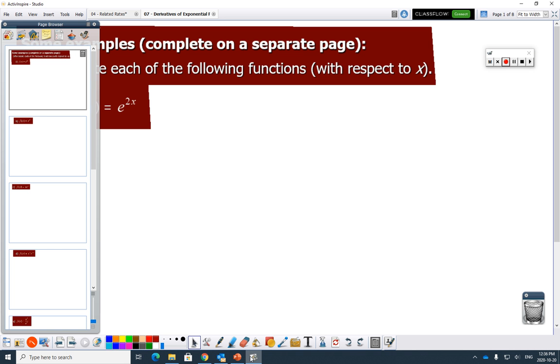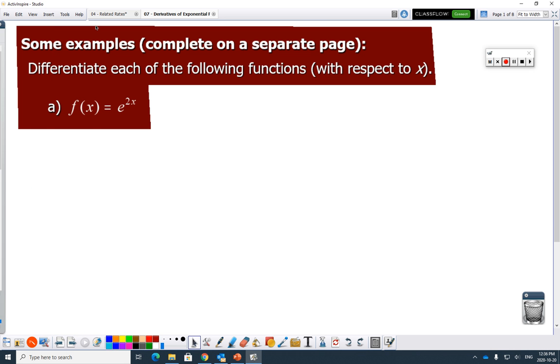Here, this is what you need to be able to do in the homework. All that explanation is fine, and hopefully that stuff sinks in over the next little while, but this is what you really need to be able to do. If f at x equals e to the 2x, then f prime at x,